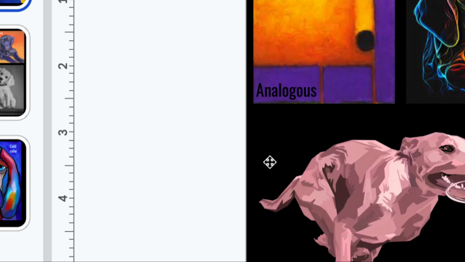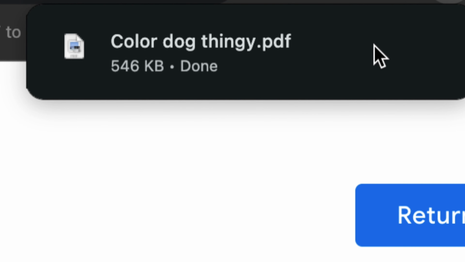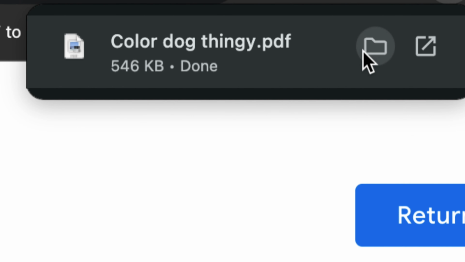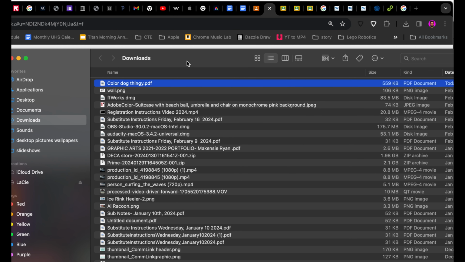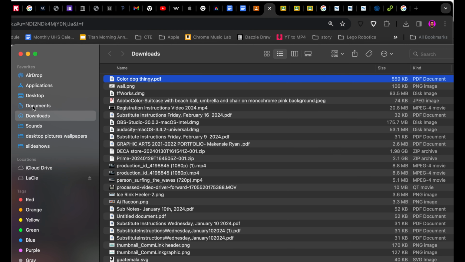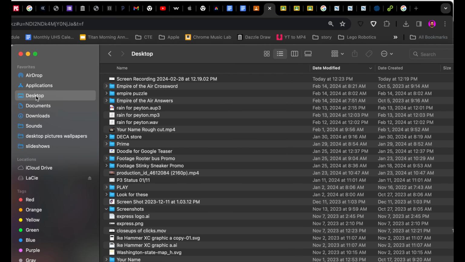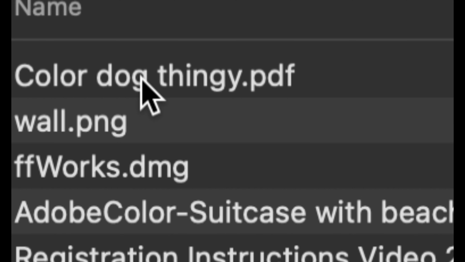So if I go click on PDF Document, you'll probably get a little pop-up that looks kind of like that. This one I can go click on a little folder that said Downloads folder. So if you click on that, you'll probably get your Downloads folder on your computer. Another way you can get to downloads on your iMac is to go to the sidebar and click on the one that says Downloads. So if you just downloaded something, it's usually the one on the top,